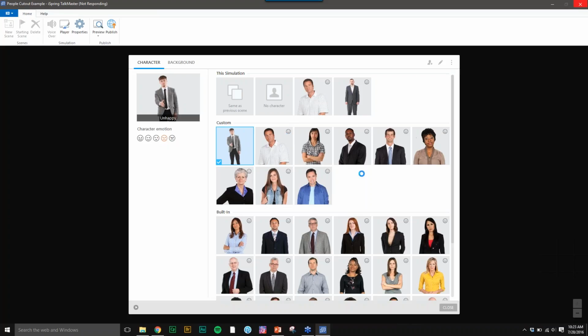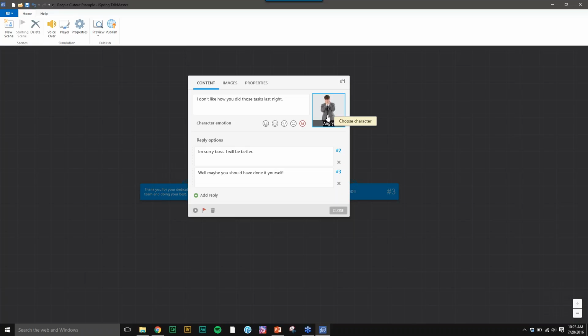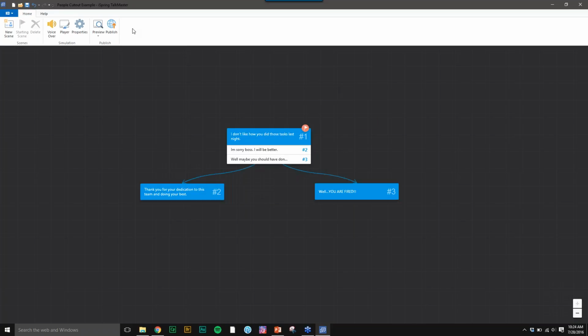We see all these character packs that I've already inserted on my own free time, and the whole character pack is displayed by that smiley face. Let's see, here he is. There, you got his smiley face, and we can click happy, normal, puzzled, and we see it change up here, unhappy, and angry. So we want to use that one. We hit close. Now we have angry. So if we hit preview,